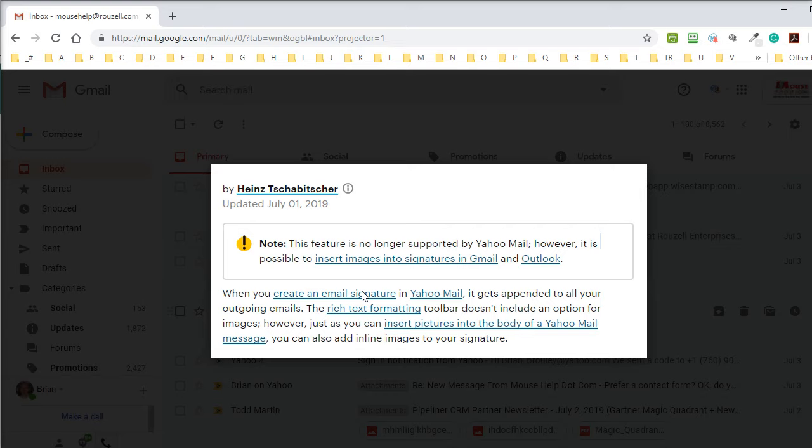After some research yesterday on this topic, I came upon this post where it says this feature is no longer supported by Yahoo Mail. So